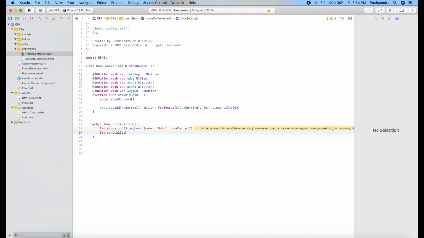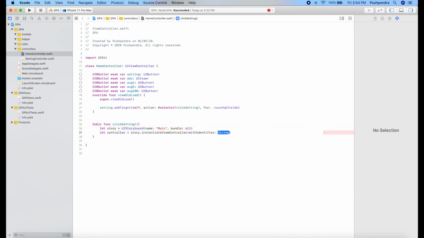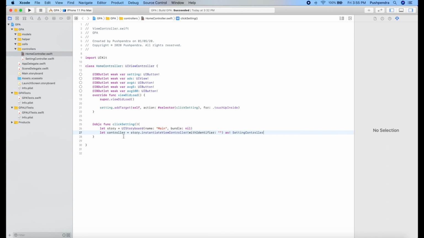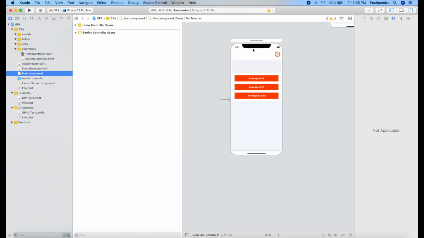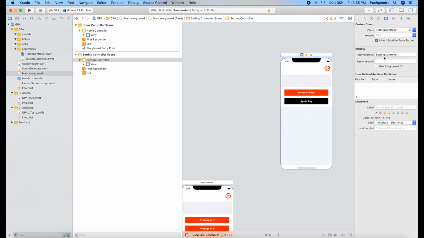Let controller equals story dot instantiate view controller with identifier, and it is setting controller. Copy and paste here, because our storyboard ID is the same as our class, you can see here. So this is the same, so I will copy and paste the same class name.